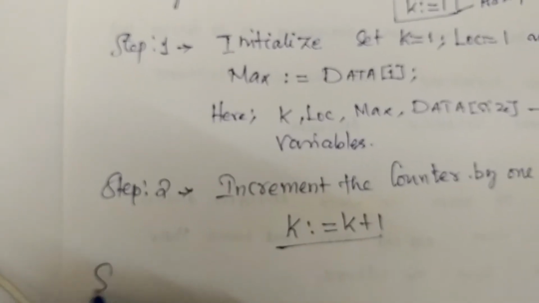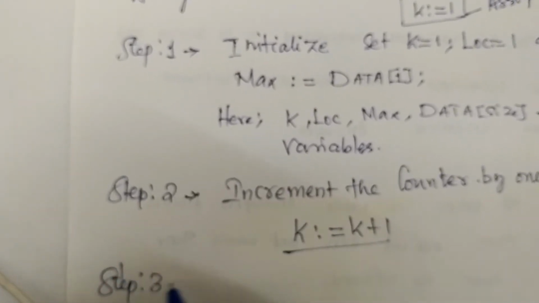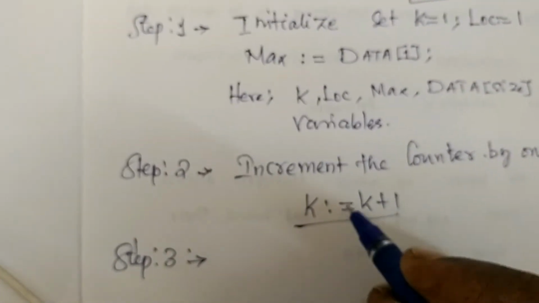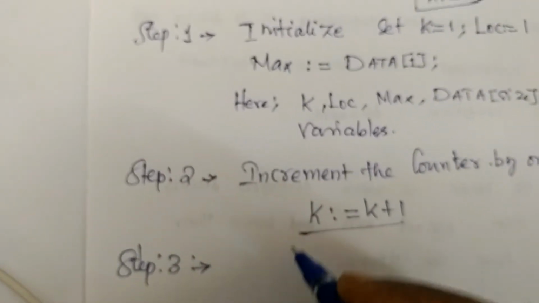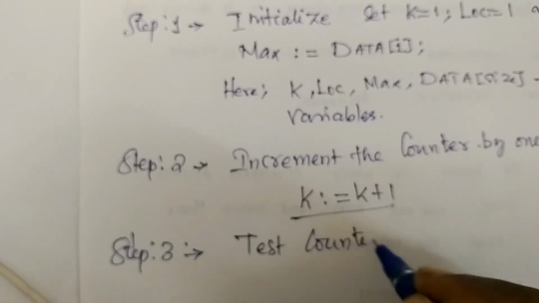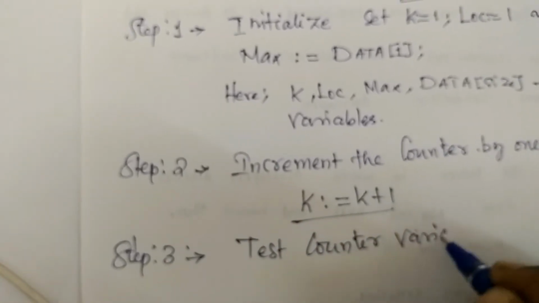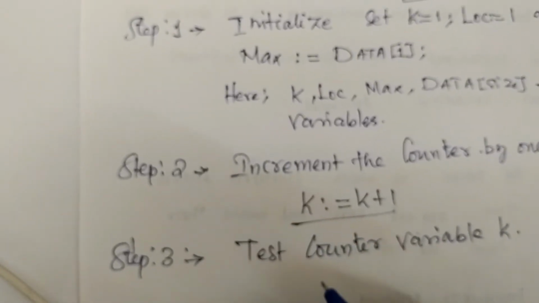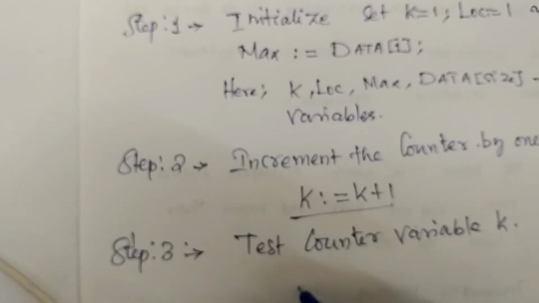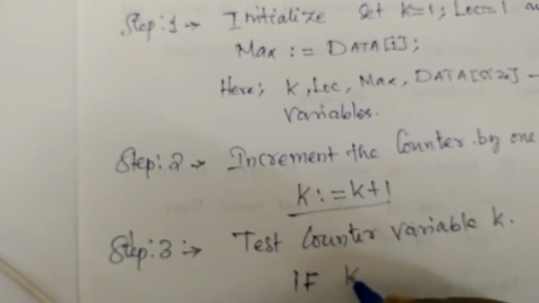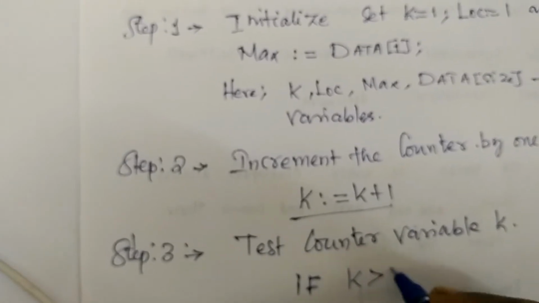Step number 3 is a processing increment. This is a process. Here we are moving with the test of the counter variable K. The statement is a looping statement, a control statement: if the K value is greater than n,